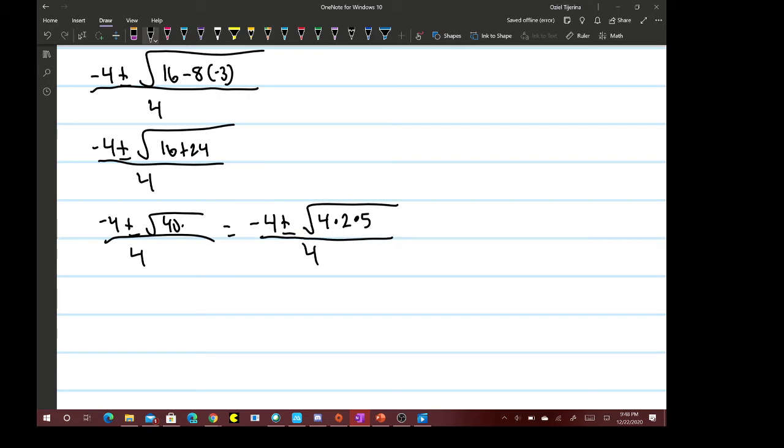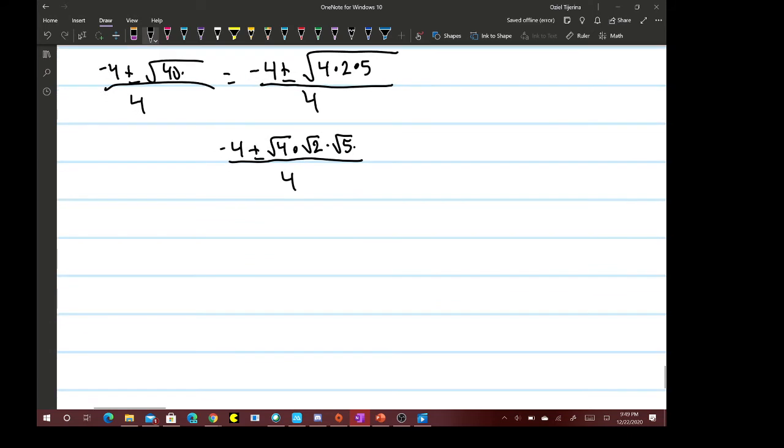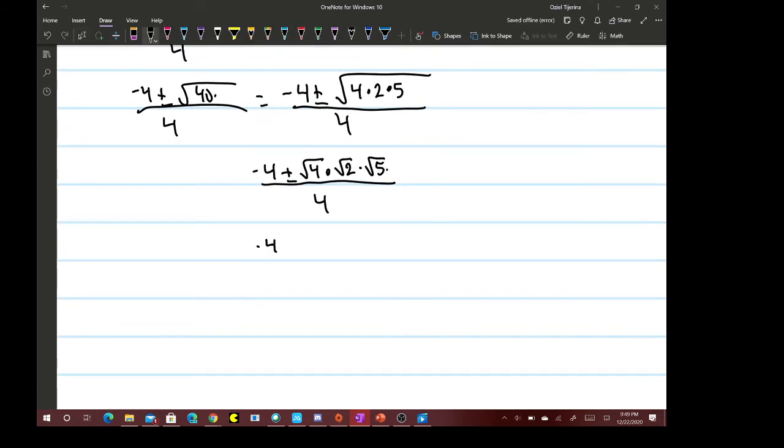And then you would say this is negative 4 plus or minus the square root of, so once you do this, you want to separate it into different square roots. So it'd be the square root of 4 times the square root of 2 times the square root of 5, and then it would be all over 4. And then you would say this is negative 4 plus or minus 2 times the square root of 2 times the square root of 5, excuse me,